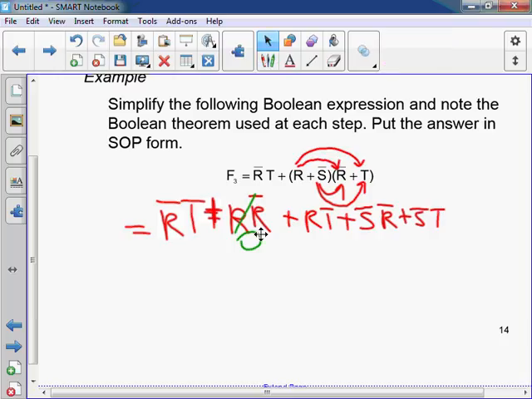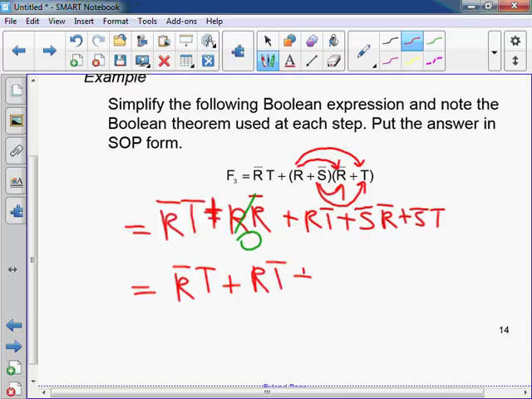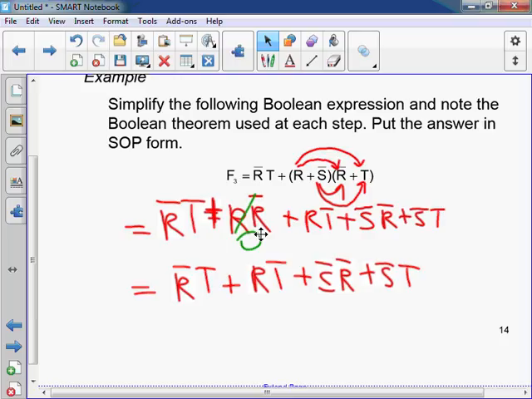So my new expression is not R. Okay, so now that we have 4 terms instead of 5, it's a little better,